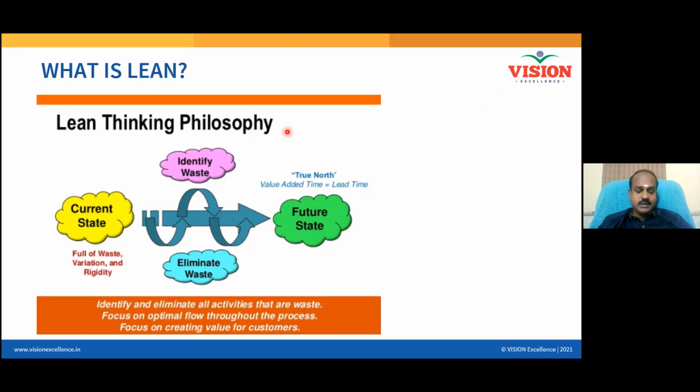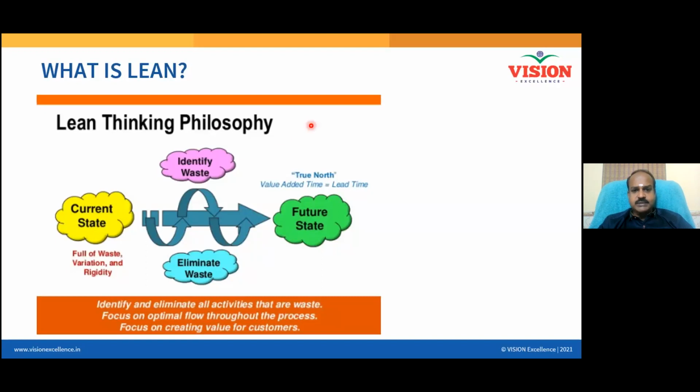Lot of reduction in the cycle time. When the cycle time comes down, lead time will come down. When the lead time comes down, you will be able to deliver your products faster. So lean will accelerate your process, will speed up your process, right? And that is the thing.